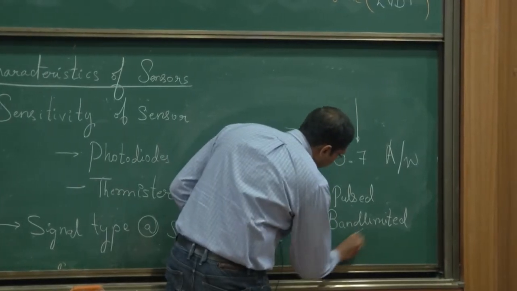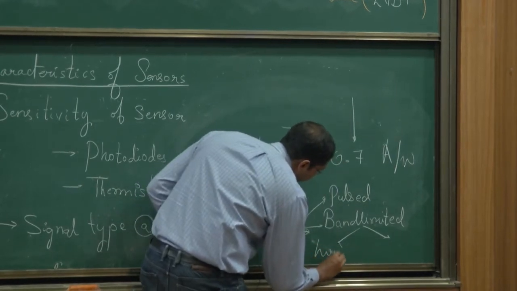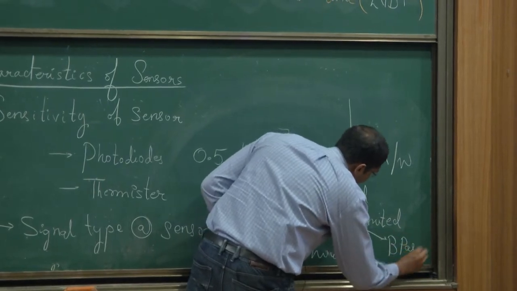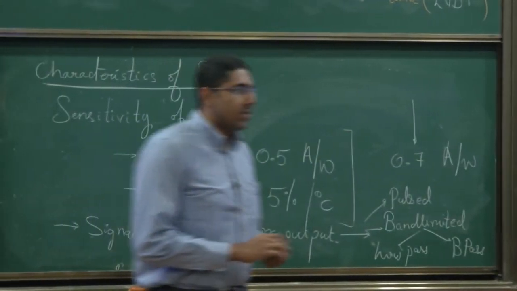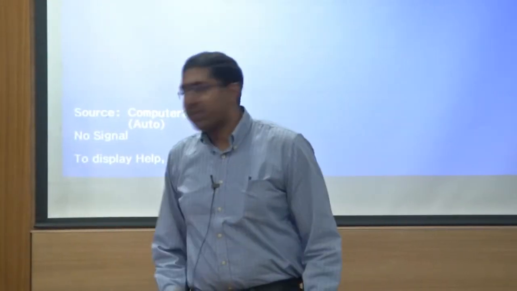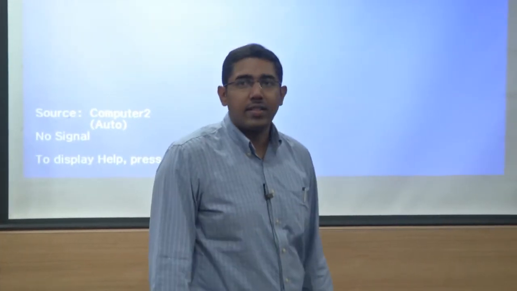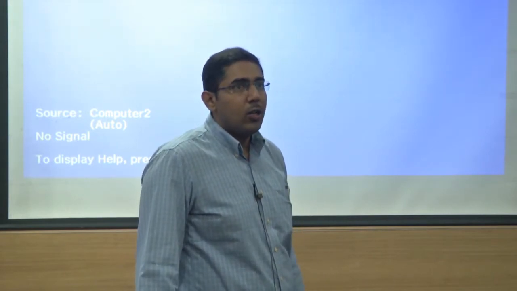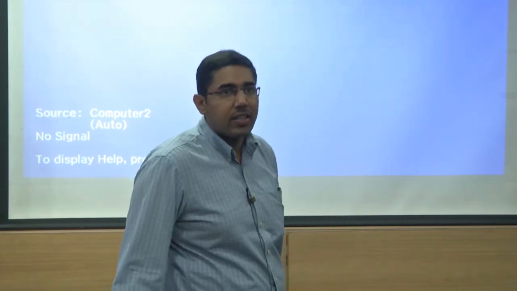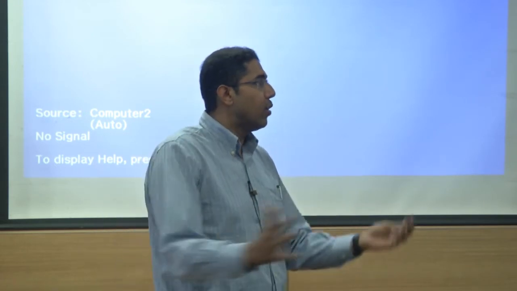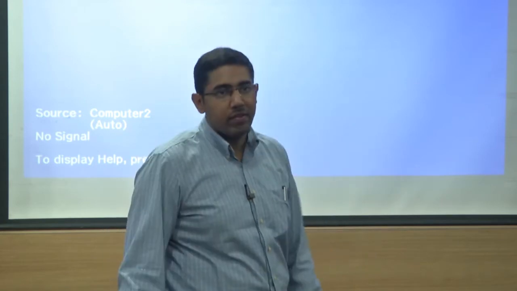Or band limited, here it could be of two categories. One is low pass, the other is band pass. What does this mean? What is a sensor which has a low pass signal? Any example of it? Gas sensors, right? You don't have gas changing with, let's say, tens of kilohertz or once every 1 millisecond, right? It's a very low frequency signal which changes very slowly, right?